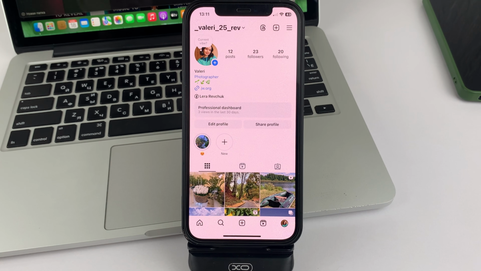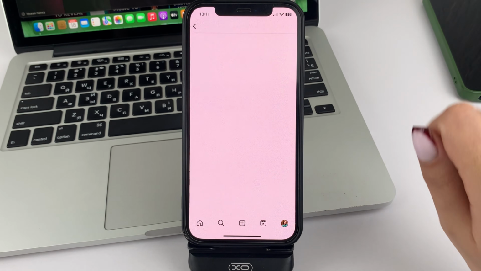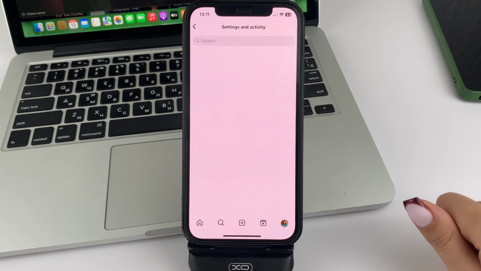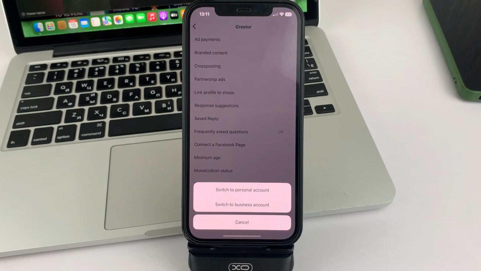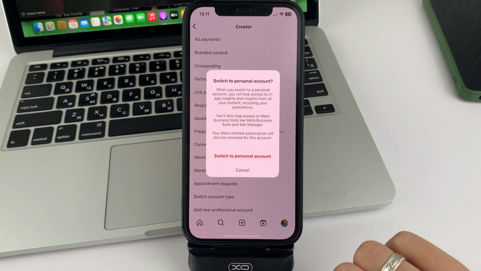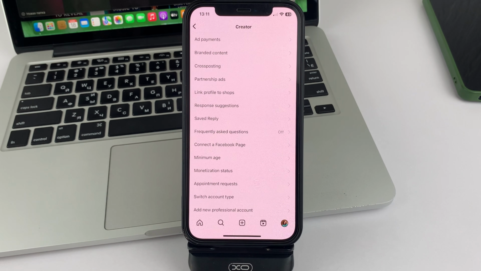So first of all, you'll need to click on the three bars at the top right to go to your privacy settings. Now scroll down to the bottom, click on Management and Control Tools. Now toggle the account type. And this is where you'll need to switch to personal account to begin with if you haven't already. Select personal account and then confirm what you're doing and wait just a few seconds.